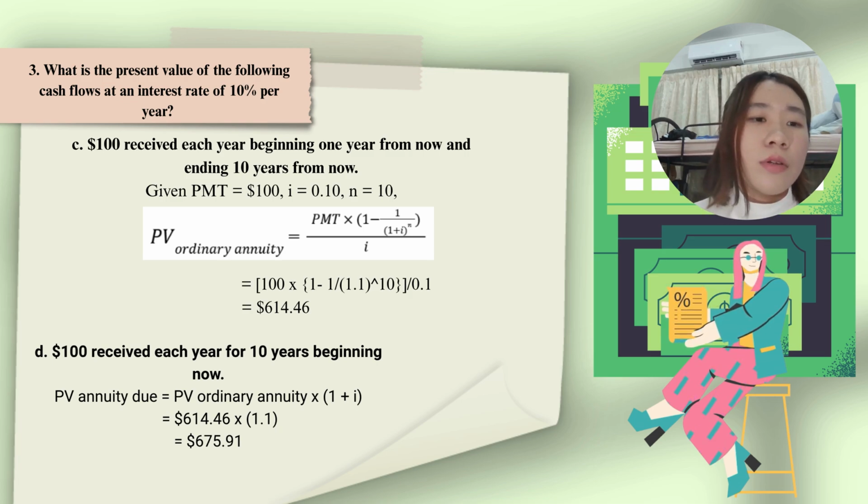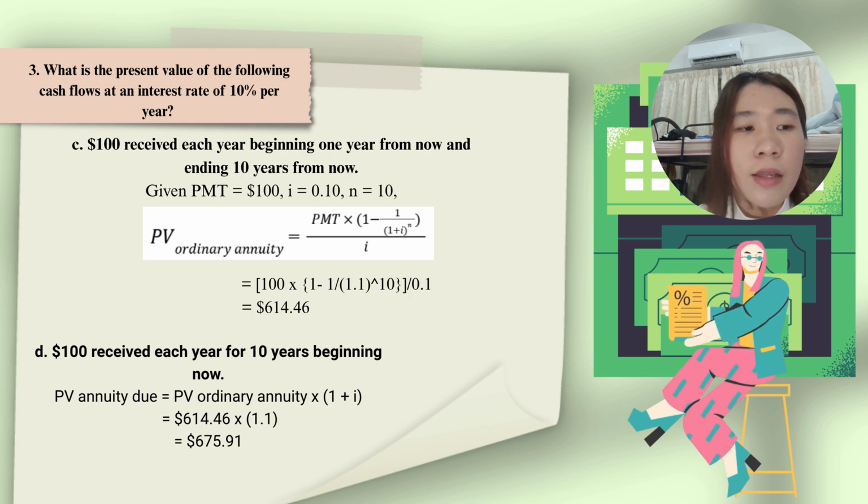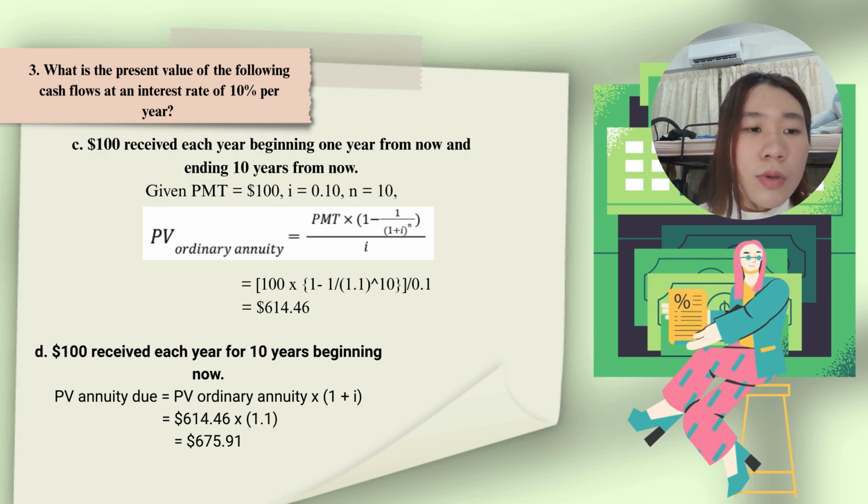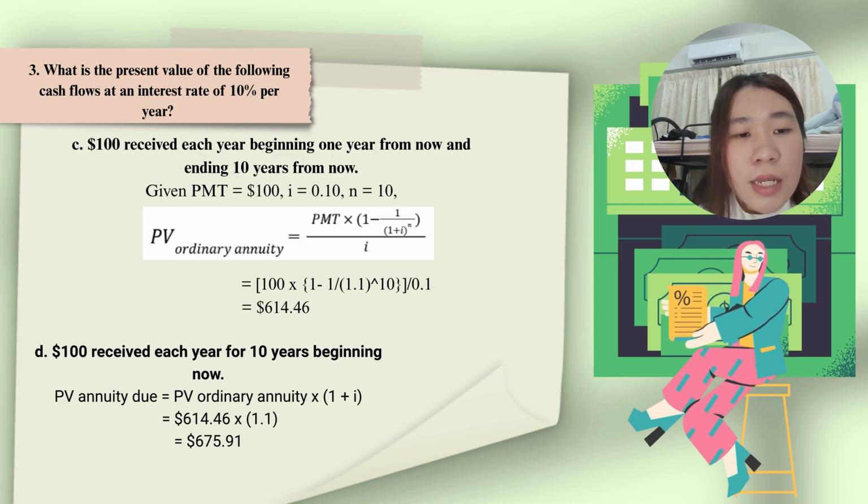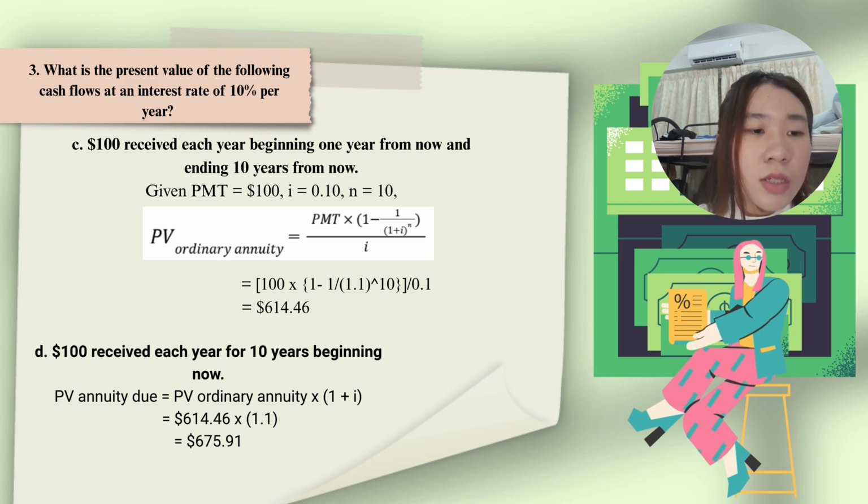For question C, we will need to find the present value of $100 received beginning 1 year from now and ending 10 years from now. Given the cash received each year, PMT, is $100, the interest rate is 10%, and the time period is 10 years, we will use the present value of ordinary annuity formula, which is PMT times 1 minus 1 over (1 plus I) to the power of n, then divided by I. When we substitute the given numbers into the formula, we will get the amount of $614.46. This means that the present value of $100 we receive each year beginning 1 year from now and ending 10 years from now will be